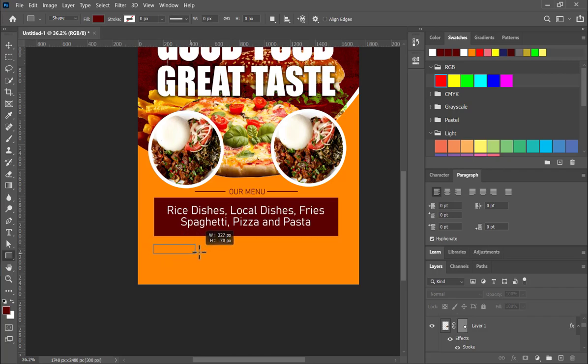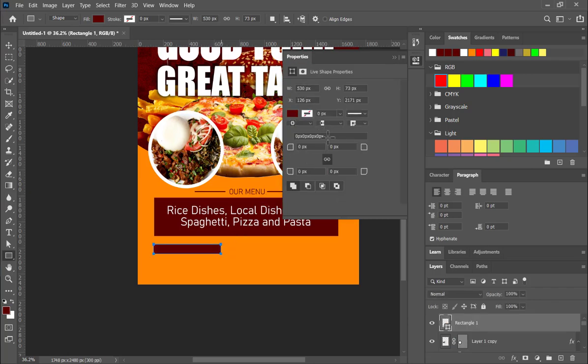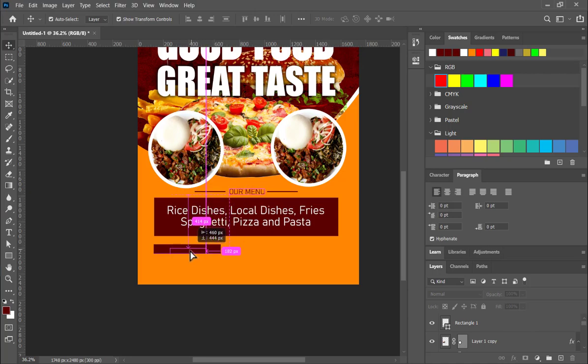So I just want to make a small rectangle here. Yes. Then let me duplicate this text, alt click and drag, change to white, drag it on top,